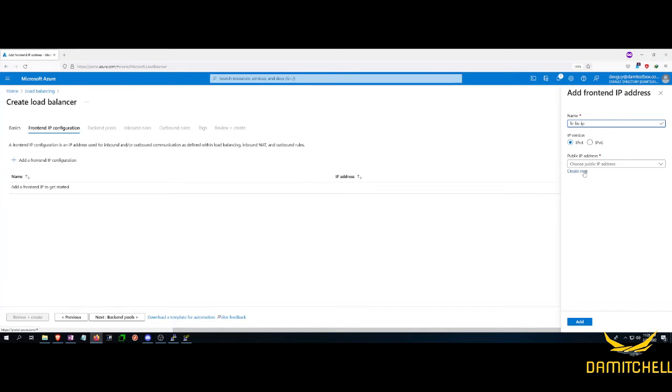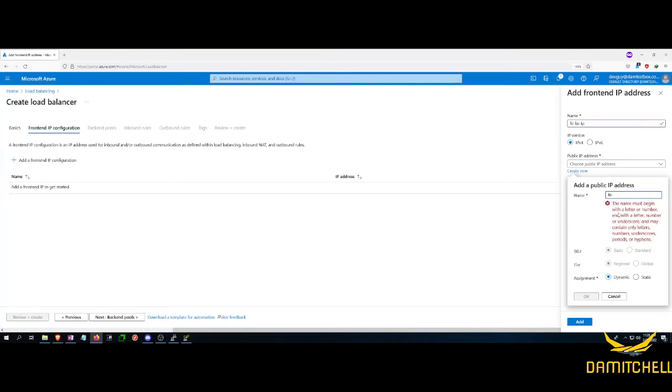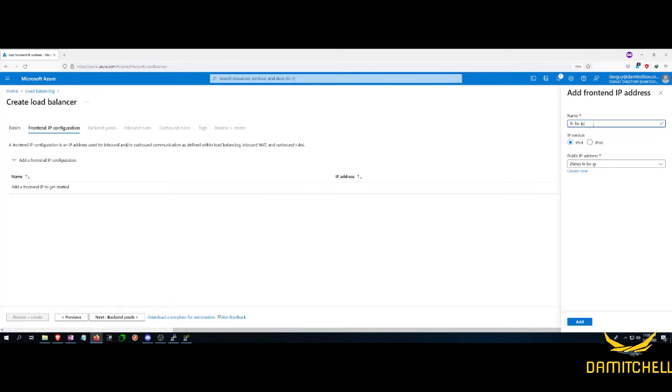We don't have one in this subnet, so we don't have one created. So we're going to go ahead and create one. I'll name it front end basic LB, so we know that this is the front end IP address for the basic load balancer. We're going to click add,